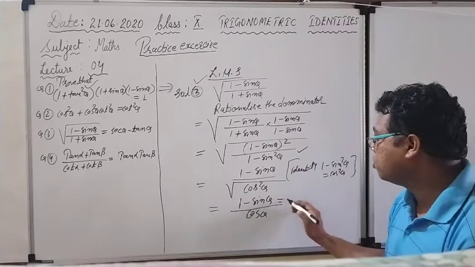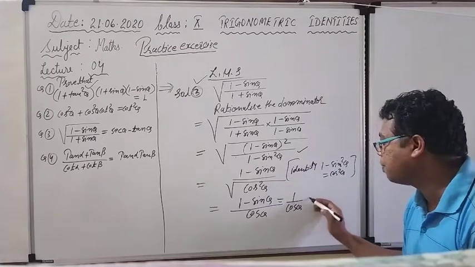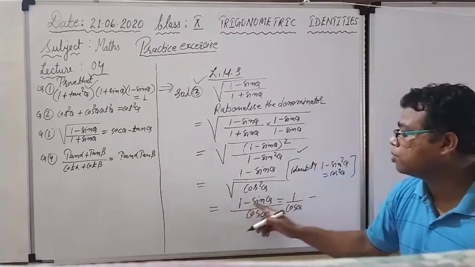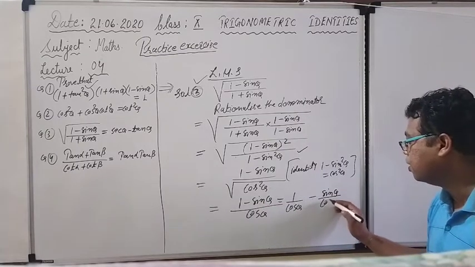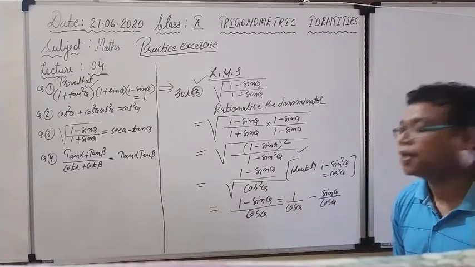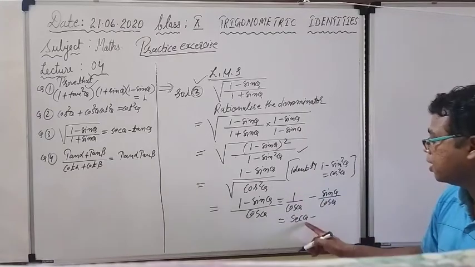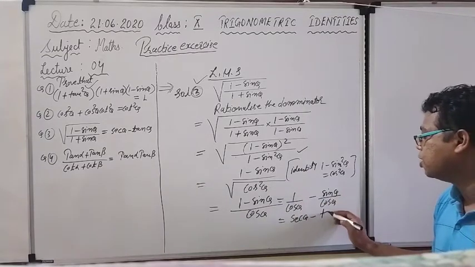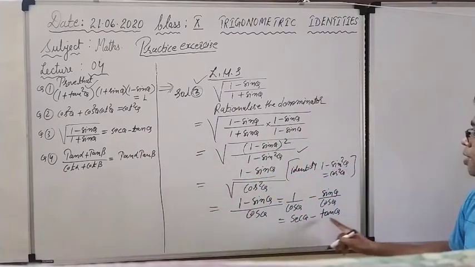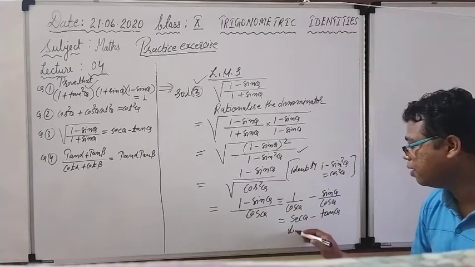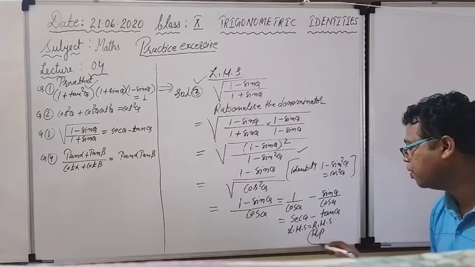Right now, let me solve this further. Look here carefully. Let us separate this cos theta under both terms. There are two terms in 1 minus sin theta, so it could be written as 1 upon cos theta minus sin theta upon cos theta. This 1 upon cos theta is the reciprocal of cos, which is sec theta, and sin theta upon cos theta is tan theta. Now check what we have to prove: sec theta minus tan theta, and our result is the same, sec theta minus tan theta. So we can write left hand side is equal to right hand side, and that is what we wanted to prove. So hence proved, in short form HP.